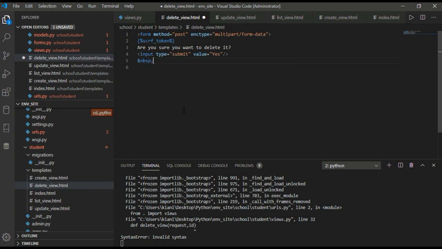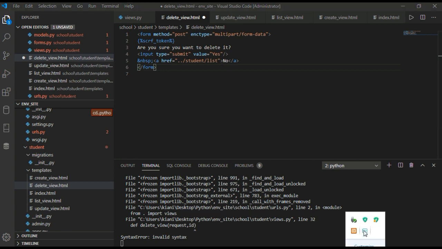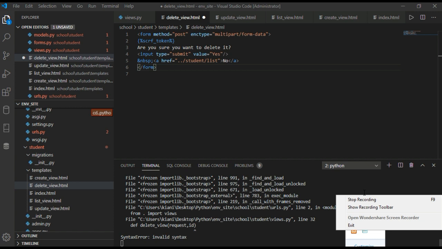Then input type is equal to submit, value is equal to yes, and we have a href is equal to list student list.html, this is no. So this is a simple form for delete.